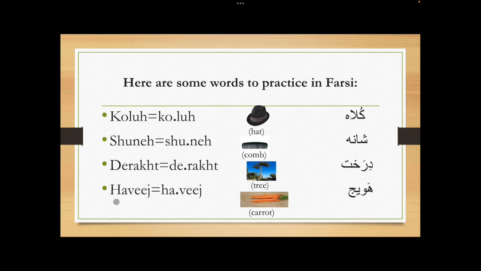And how about this one? So again, if I wasn't to show you how we broke it down into the syllables, you might think of this as havij, but that's not right. It doesn't sound quite right. You are pronouncing it correctly with the ha and the vij, but the emphasis is not quite right. And this is why our pronunciation guides are made such that they will help you to pronounce things as close as possible so you sound like a fluent Persian speaker. So here we have havij,